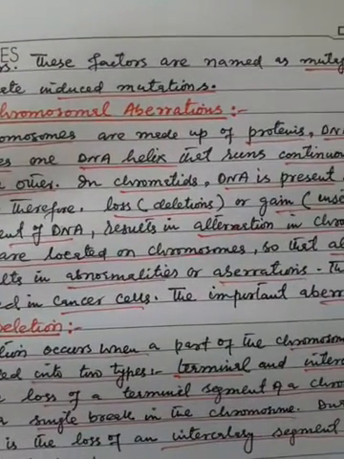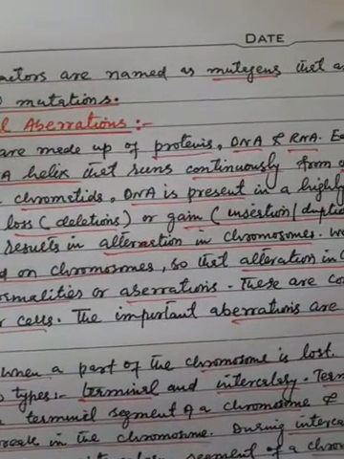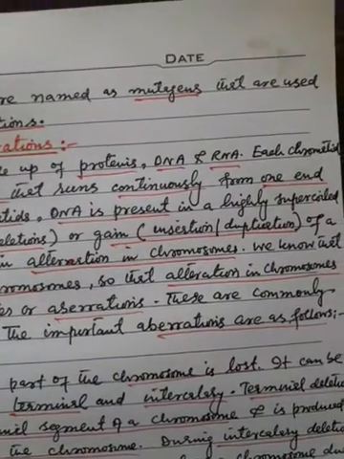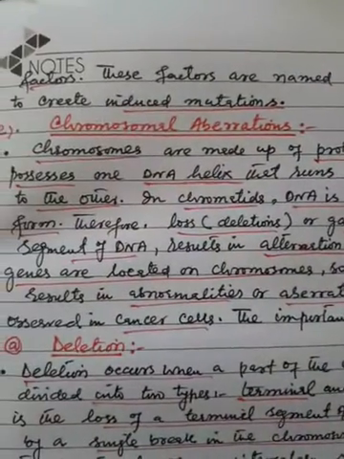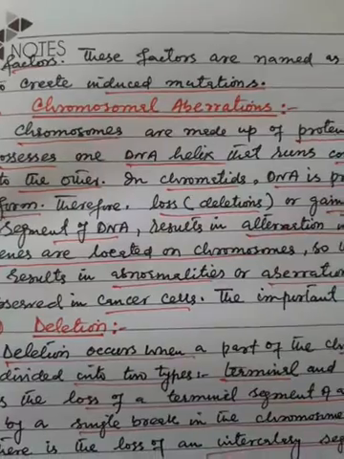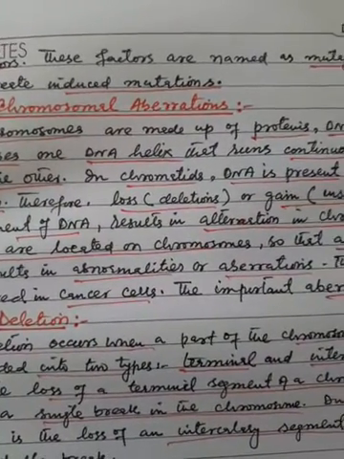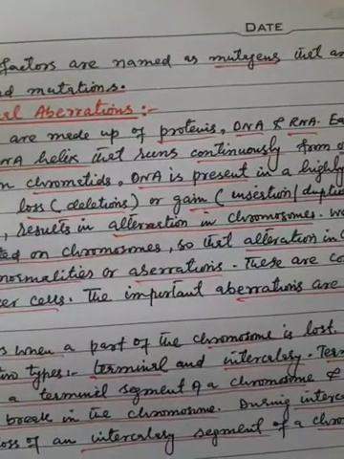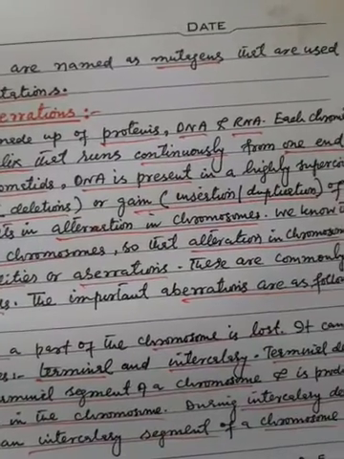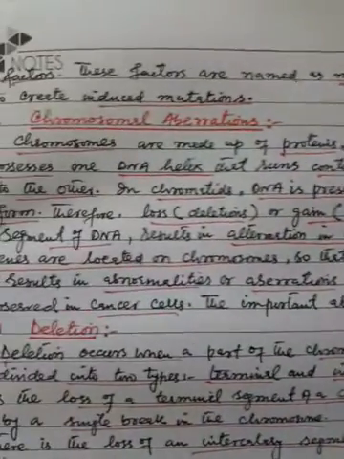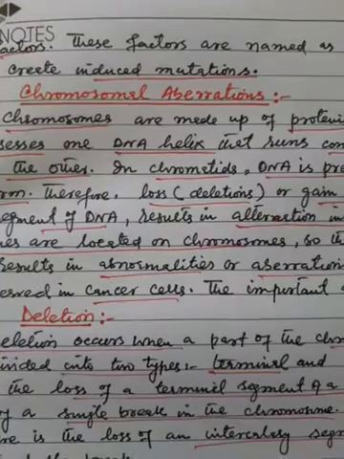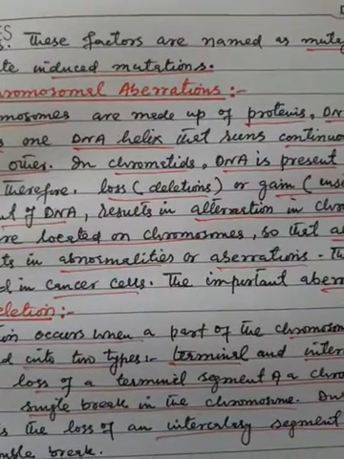In chromatids, DNA is present in a highly supercoiled form. Therefore, loss, that is deletions, or gain, that is insertion or duplication of a segment of DNA results in alteration